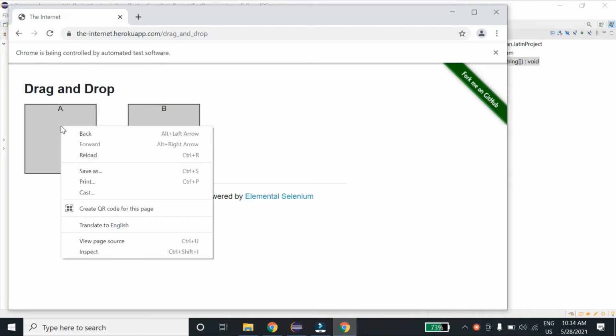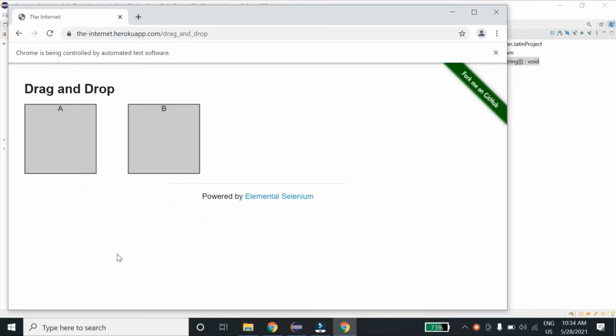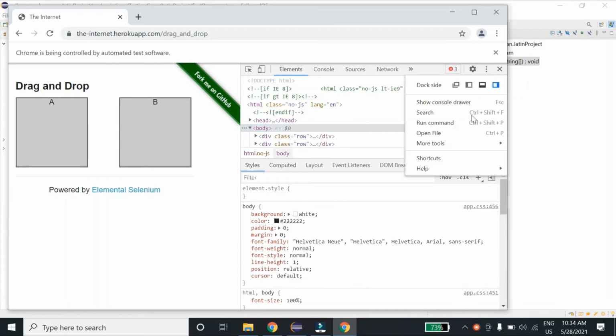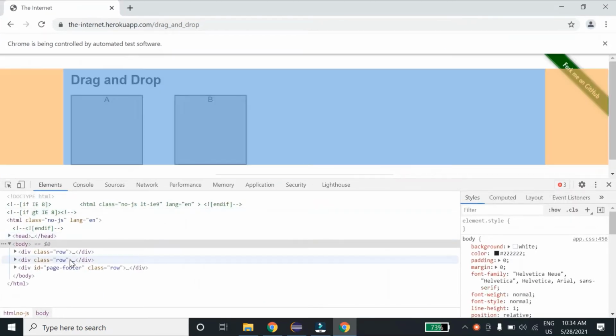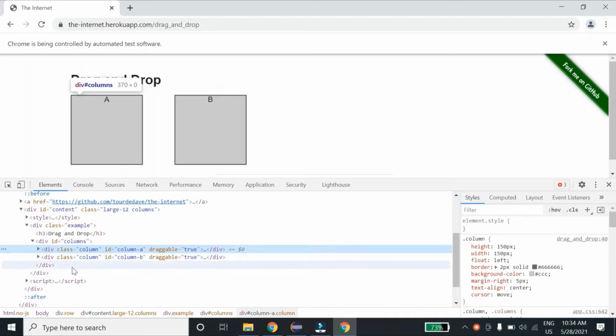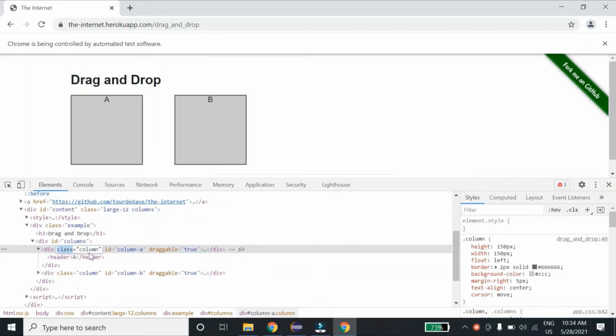I'll show you what tag name or class name is. As you can see over here, if I locate this element, you can see this class is column. So you can use this column also to locate this element. Since the class name for A as well as for B is column, it will not be a unique locator. So wherever you find a class name as your unique locator, you can use your class name. Otherwise, go with name or ID or whatever unique locator you found.